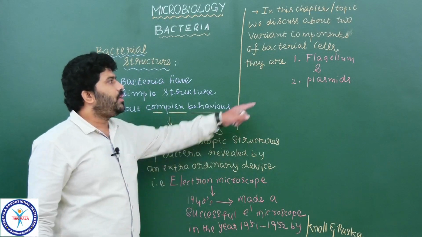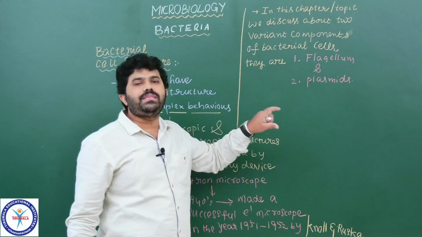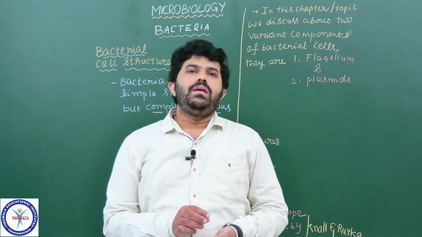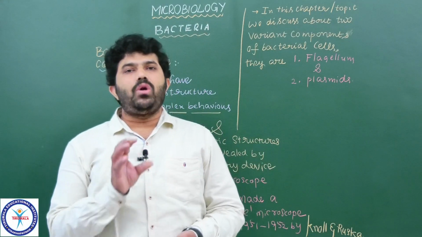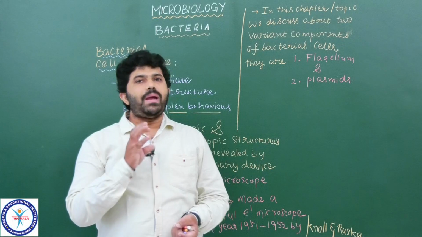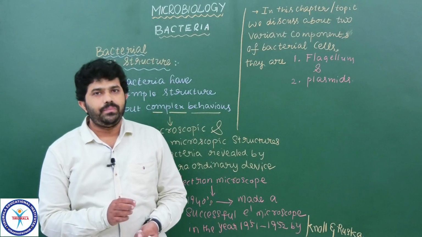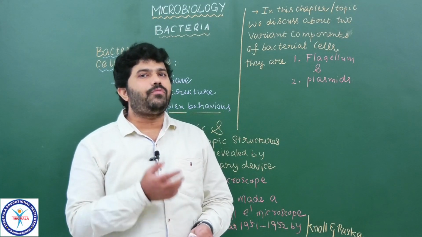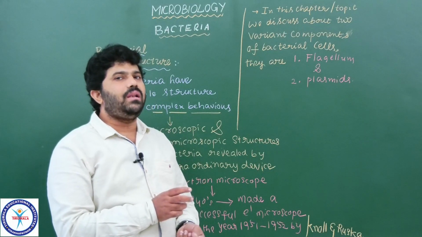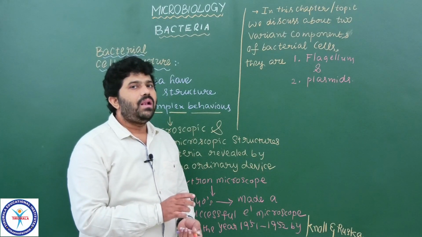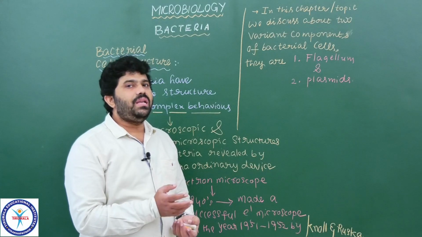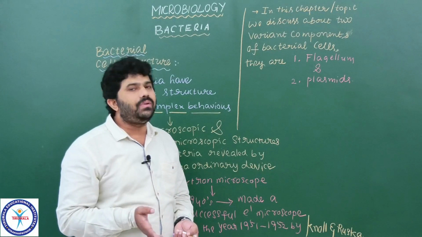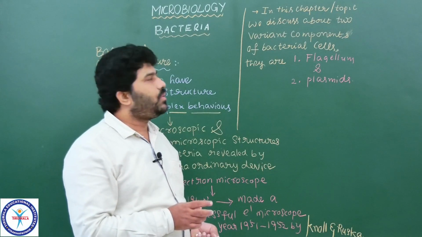Understand? So before going to discuss flagellum and plasmids, we better draw the simple structure of bacteria. I think you know, already we discussed very well the prokaryotic cell, or a model cell of prokaryota, that is the bacterial cell, in the first year botany. So please recollect the content of the bacterial cell as a typical prokaryotic cell, the structural and functional information we gathered about bacteria. It is very useful for understanding this topic well.